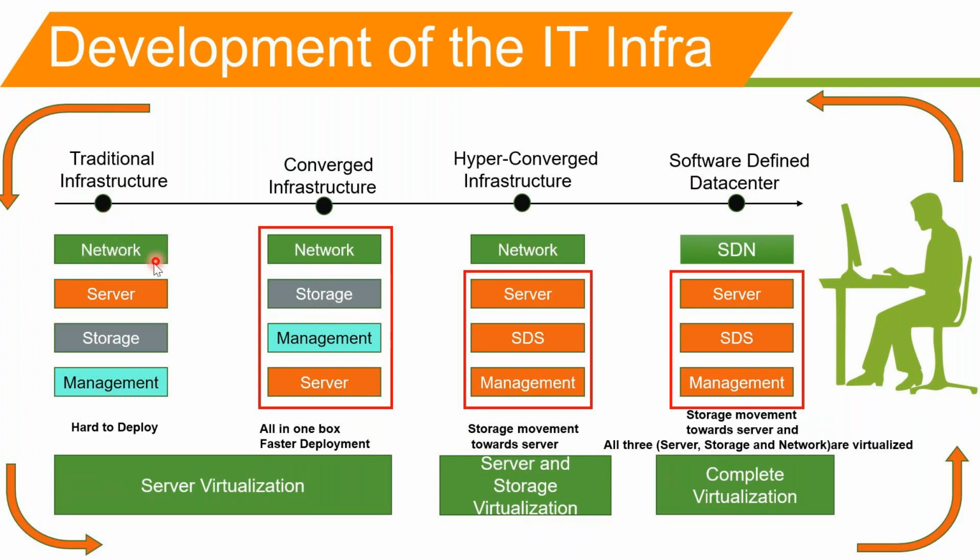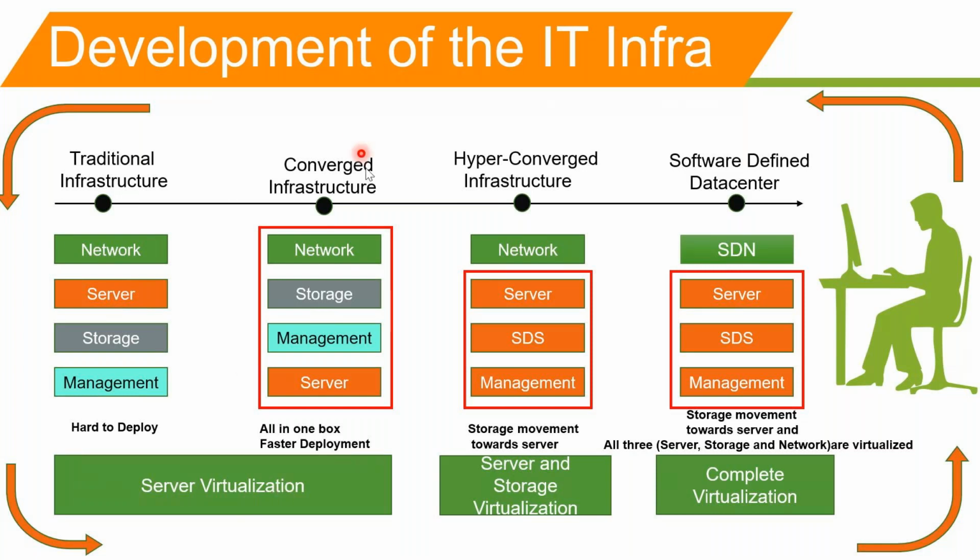see, network is a separate component, server is a separate component, storage is a separate component, and management of these three tiers, right? Each vendor offers their own management appliance. So you need three consoles to manage it, and it is not easy to deploy, because one day you deploy the server, then the storage team comes and deploys theirs, then the network team deploys and takes care of that, and connecting all together takes longer. So it is hard to deploy. On the server side you can probably virtualize, you can set up ESXi or Hyper-V, but the other sides are not virtualized, so it is only server virtualization.